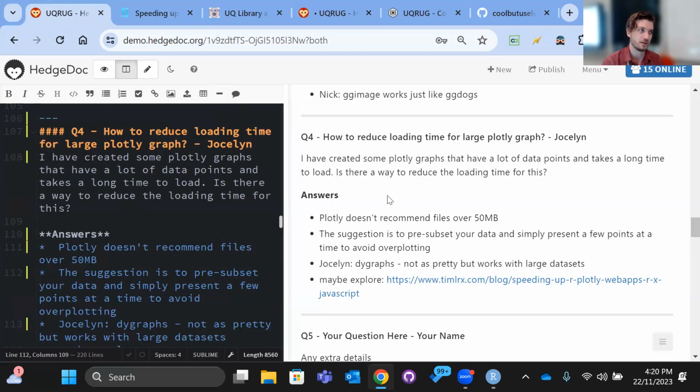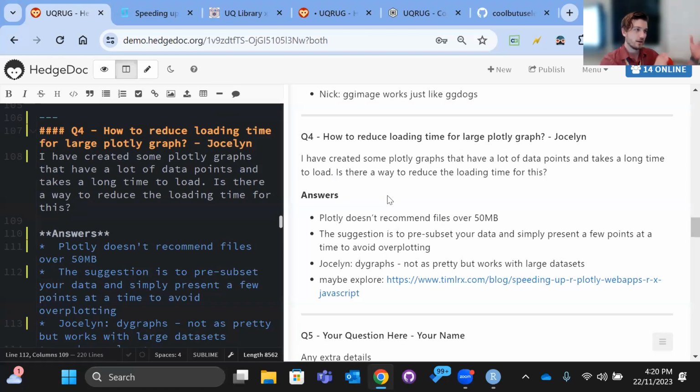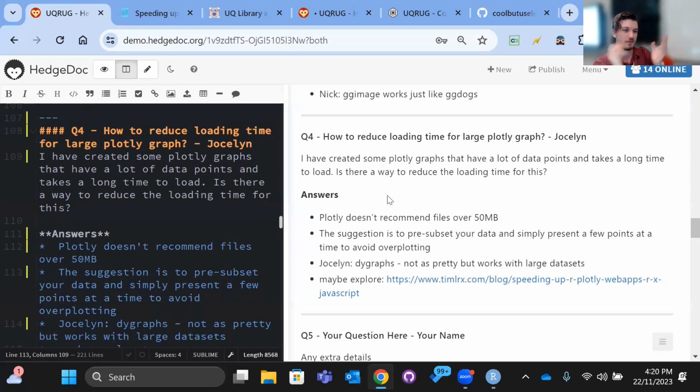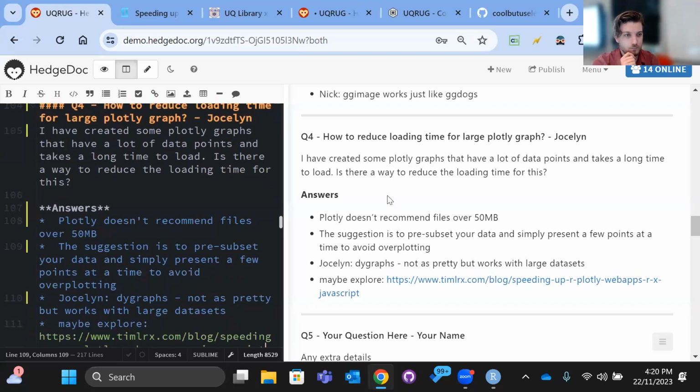My general leaning is to subset the data and make a number of plots: a zoomed out one that's got them grouped together and then individual ones that are zoomed in. But I don't know. It's an interesting question. Some of the forums also say that depending on which Plotly function you're using, some of them are going to slow you down and some of them are smooth. If you're keen to share some of those details, maybe we can look into it.